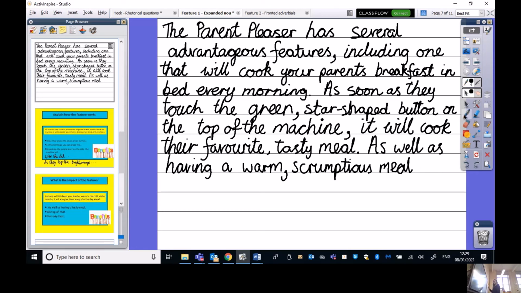A warm, scrumptious meal in their tummy, or maybe in their belly, because now I'm trying to create that language that makes you picture it. Oh, yum, warm, scrumptious meal in their belly. So as well as having a warm, scrumptious meal in their belly, oh, I'm taking a breath, I need a comma. As well as having a warm, scrumptious meal in their belly, your parents